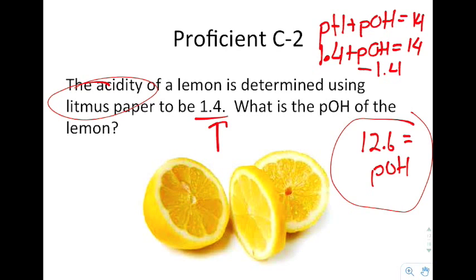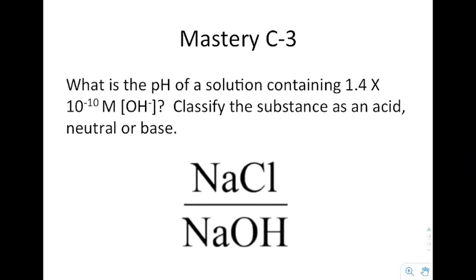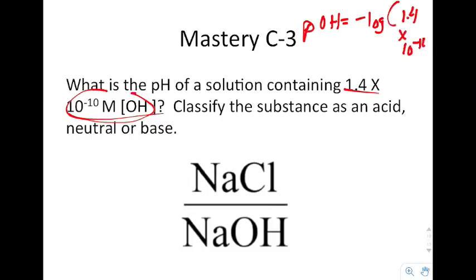Our last example says, what is the pH of a solution containing 1.4 times 10 to the minus 10th molar hydroxide ions? It says classify the substance as an acid, a neutral, or a base. The first thing we need to do is find the pOH. So the pOH is equal to the negative log of this particular substance right here, 1.4 times 10 to the minus 10th. When you do that, you end up getting a value of about